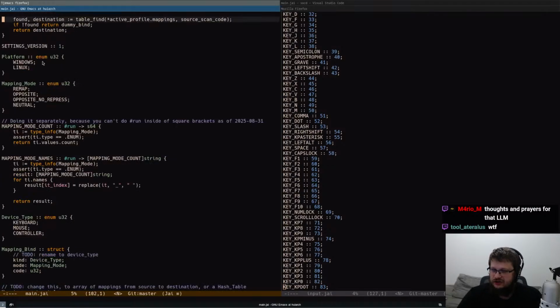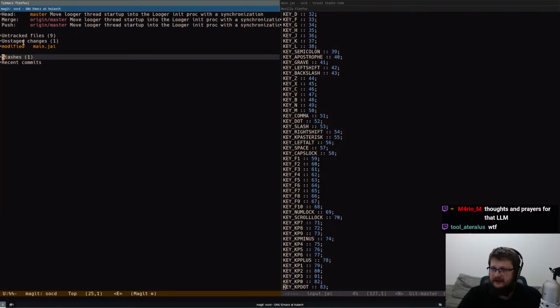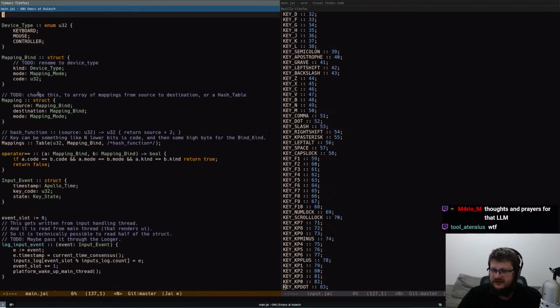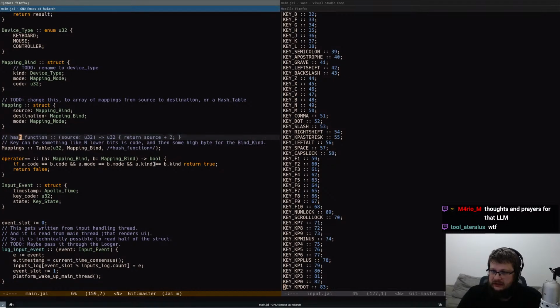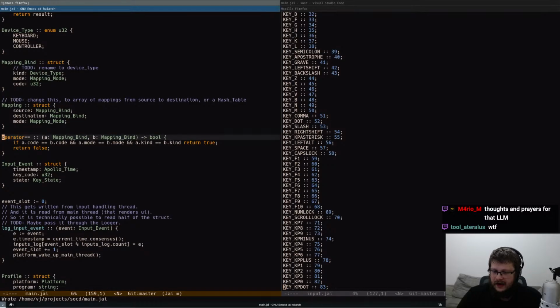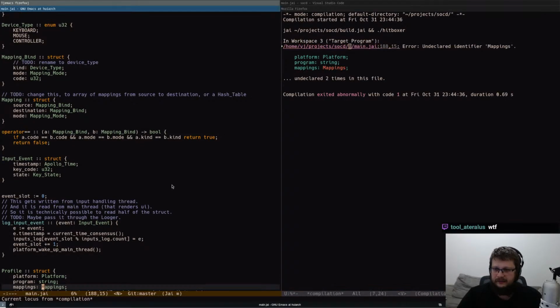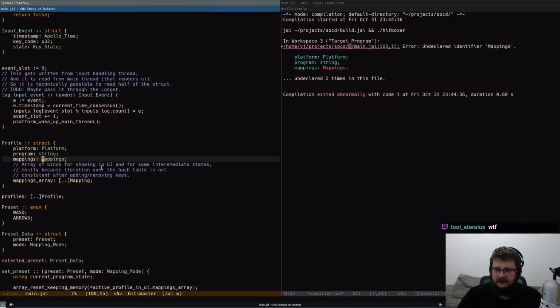So let me straight up, did I commit that? Okay, I committed the logging shenanigans. So let me just get and nuke this. Nuke that. Yeah, nuke this hash table. And now we will do some compiler assisted refactoring. Now nothing will compile. And profile